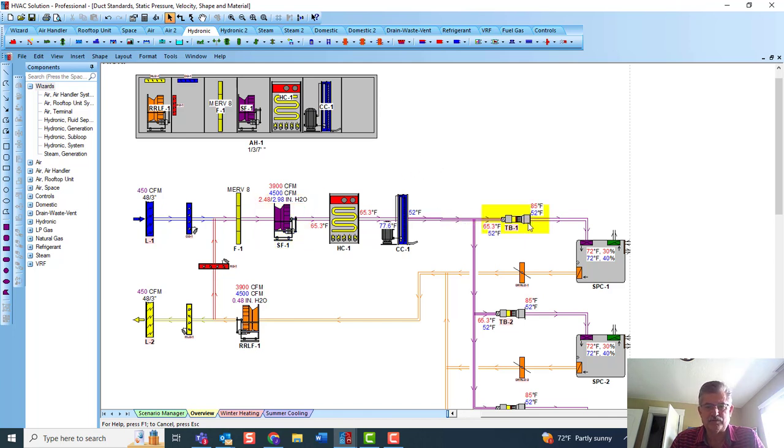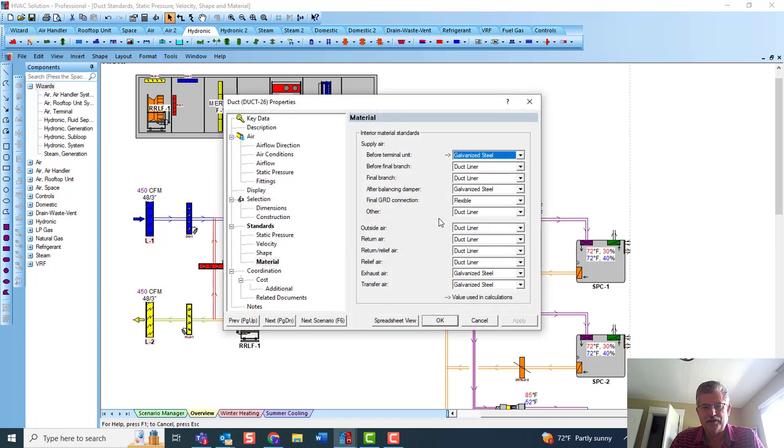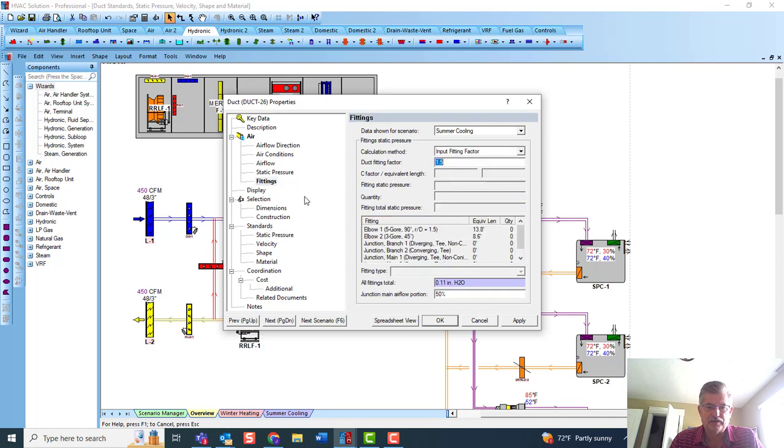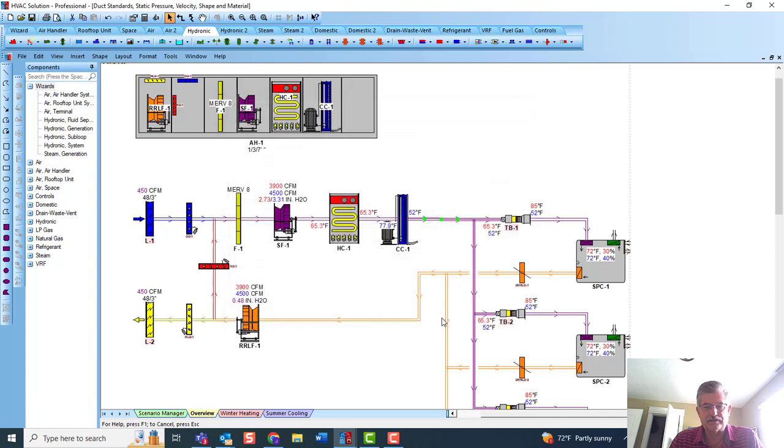So on a job like this, where it's the terminal unit, you'd go after the air handler or the last component, and you click on there and go to key data, and you just type in the longest length. Let's say it's 100 feet. We're going to multiply it by 1.5 as the duct fitting factor, or you can go in the fittings category and change that as well. And then once that's done, it's going to take that 100 feet multiplied by the fitting factor and add that static pressure as well. So that would be from the air handler out to the furthest terminal unit,